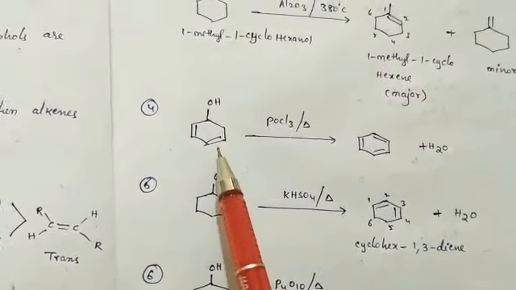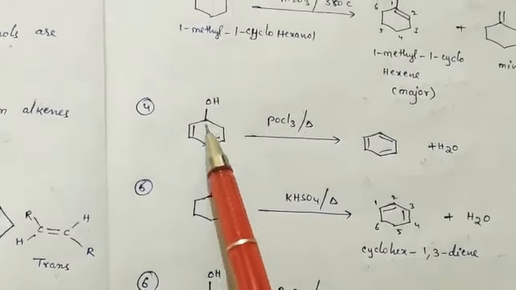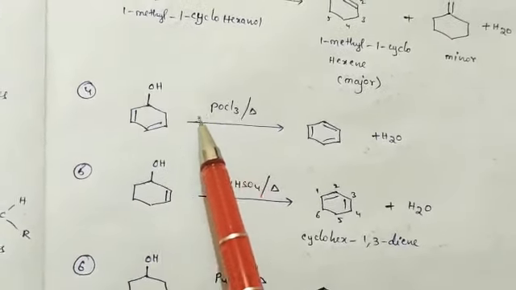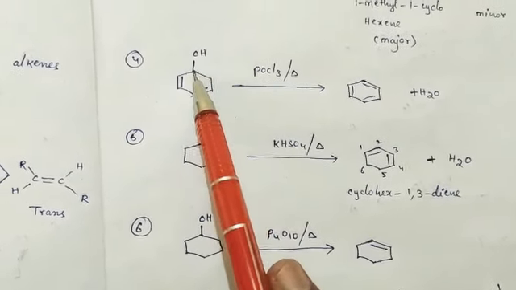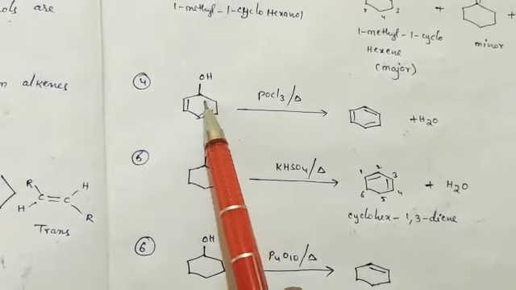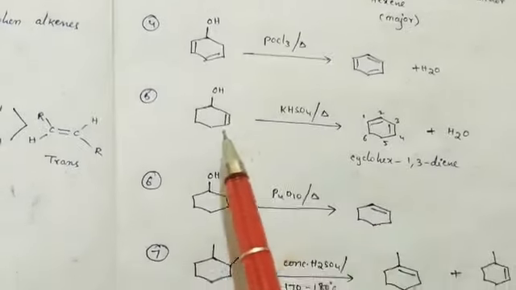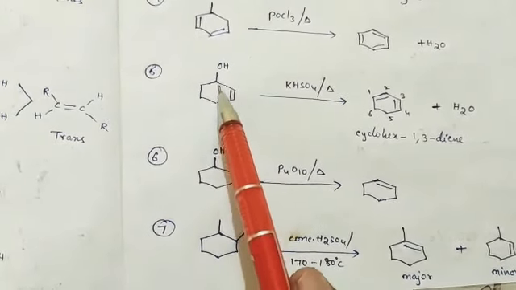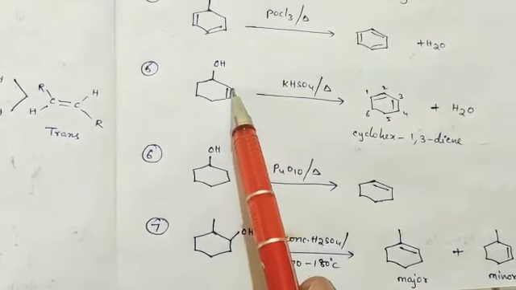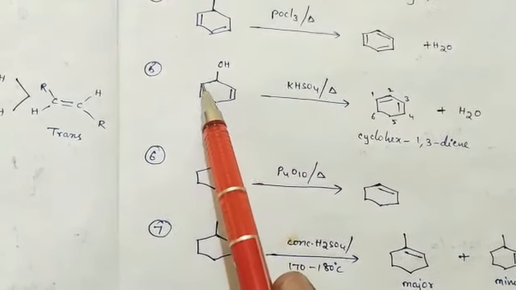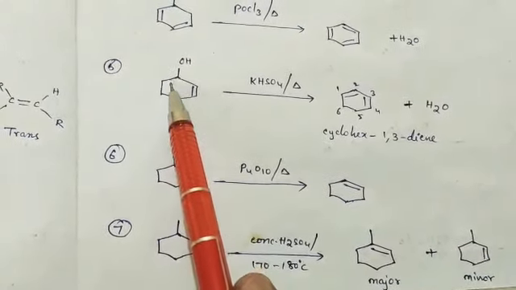Now if you look at one more example. So this is the OH group. So we have to eliminate the hydrogen. Since OH is the leaving group, hydrogen is also leaving. So we can eliminate the hydrogen from this carbon only, so that in between these two carbons one double bond is generated, so that it becomes benzene. Now let us see one more. So it is also one of the alcohols. So we have to eliminate the hydrogen from the right hand side, but a double bond is there, so not possible. So we have to eliminate the hydrogen from the left hand side carbon only, so that between these two carbons a double bond is generated.